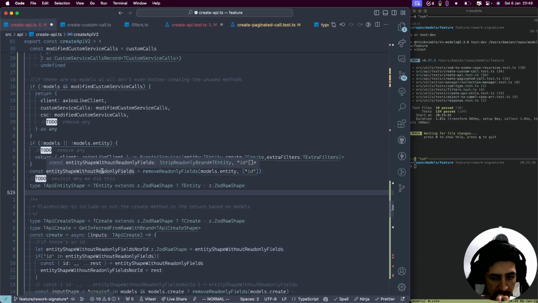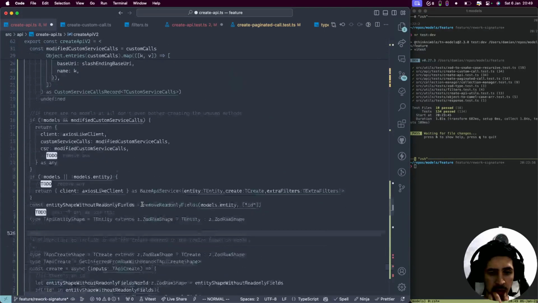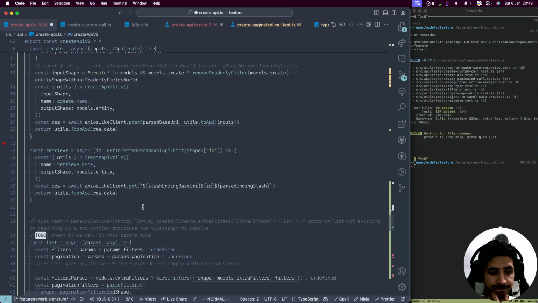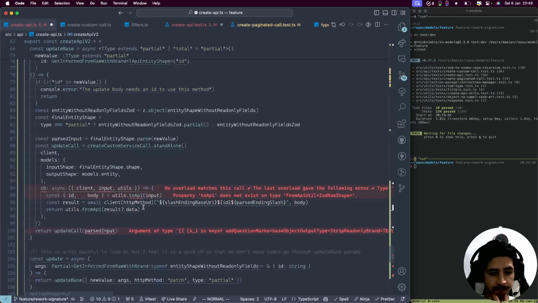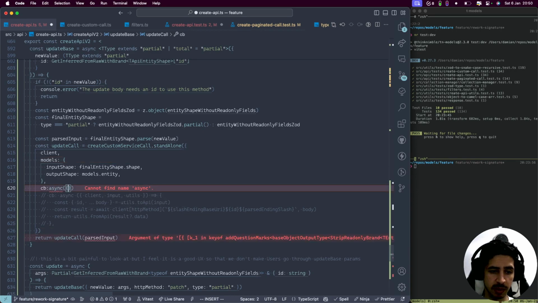Strip read-only brand, the entity ID. So I wonder whether it has to do with the fact that we were expecting entity to have an ID. So I may actually end up... So if I were to just continue doing this on my own, we know that we need callbacks, right? So I would do async, and this do